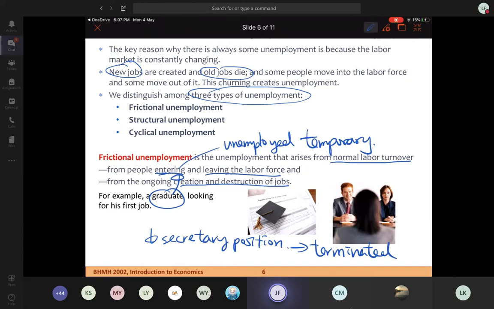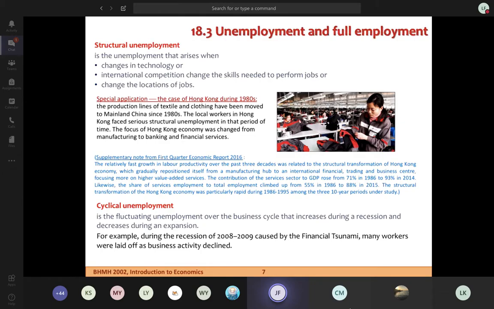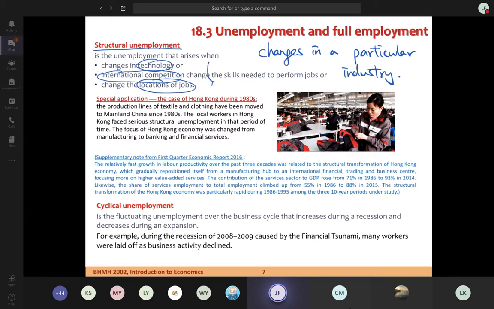咁啊 frictional 係正常嘅。咁除咗 frictional 之外，你失業嘅原因係咩呢？第二個就係 structural。So structural means there are some changes in the industry。So there are some changes in a particular industry。係喺個行業裏邊，OK，一個特定嘅行業裏邊有一啲轉變。So it can be change in technology。OK，it can be international competitions or change in the location of job. So it results in the position disappeared。